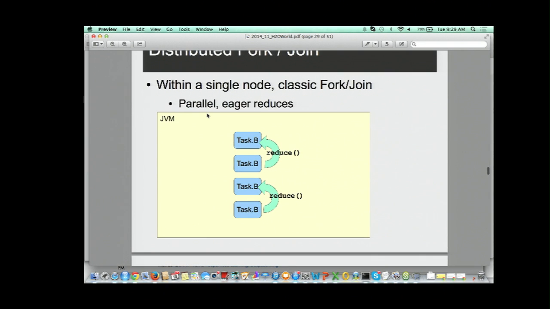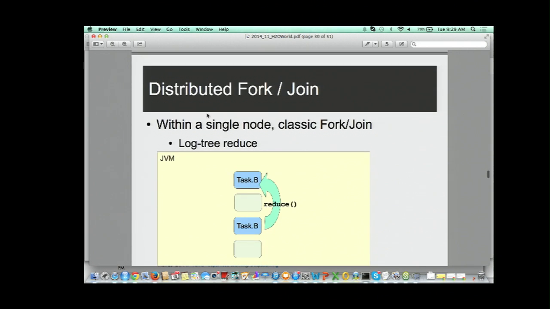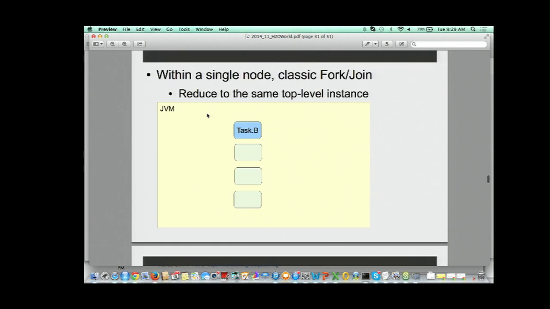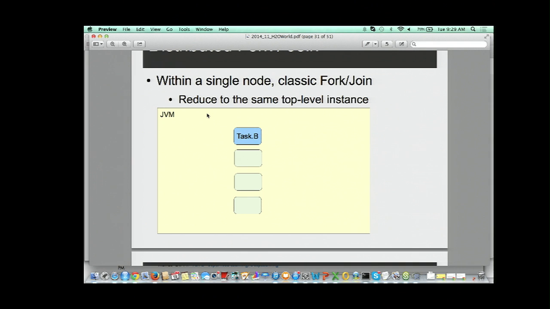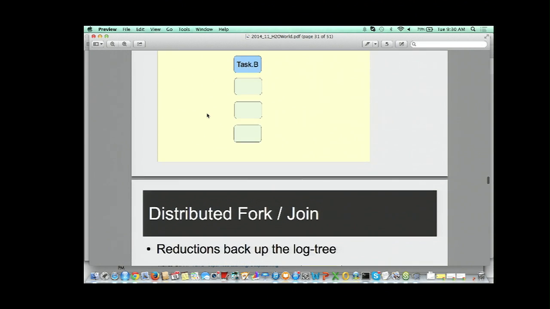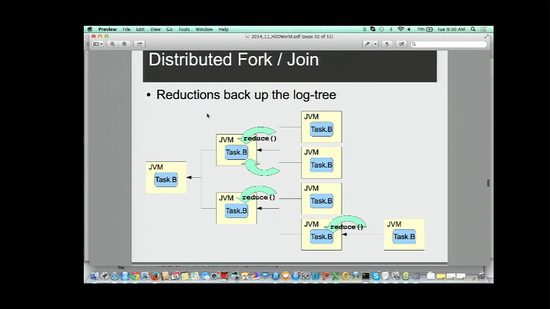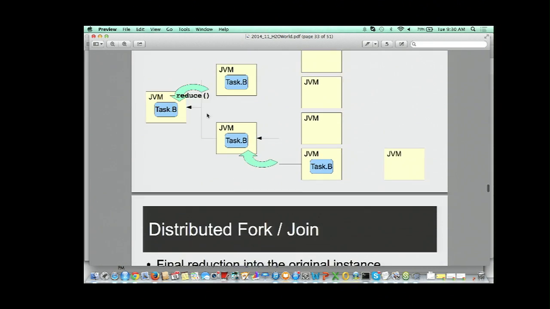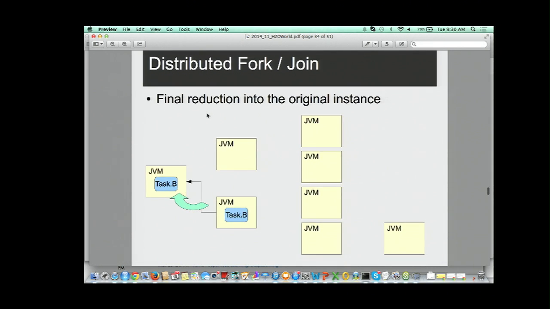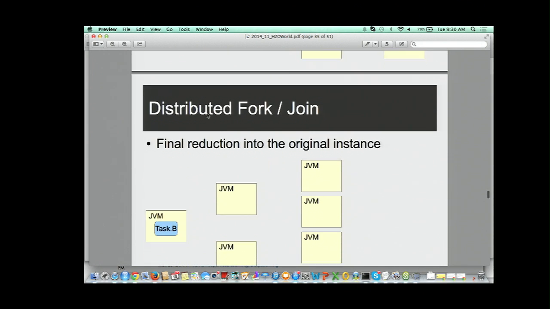Once I've got my Bs ready, I start doing reductions, pair by pair by pair by pair by pair. They roll up again, they roll up again, until I have all the work on one node done in one Java object. That's my B. My big data output's already been put back into the cluster in the JVM heap already. But the small data keeps getting reductions, and the reductions go back across the cluster, pair by pair again, but now in a log tree roll up through the cluster. People push results uphill, uphill, uphill, until the final reductions back in the original instance, and I have my type